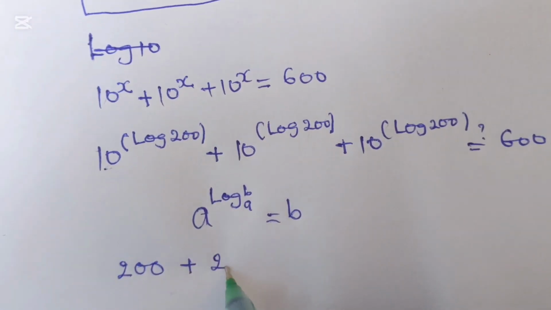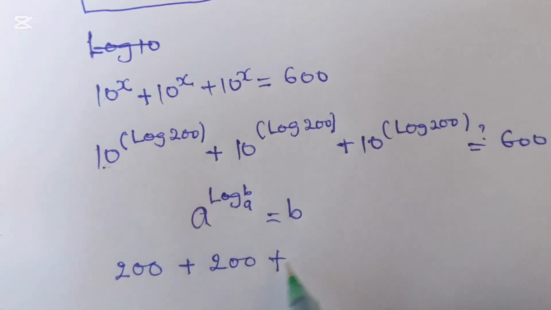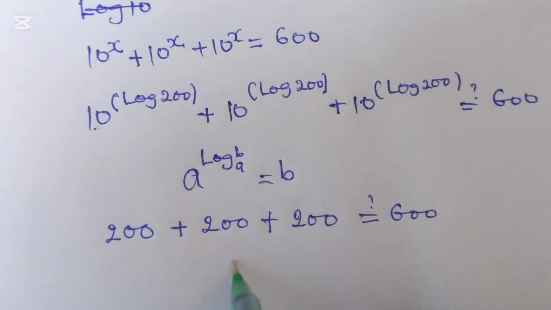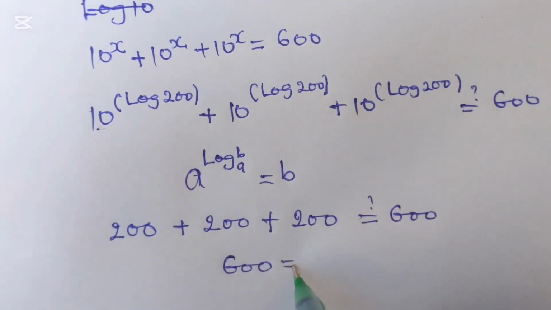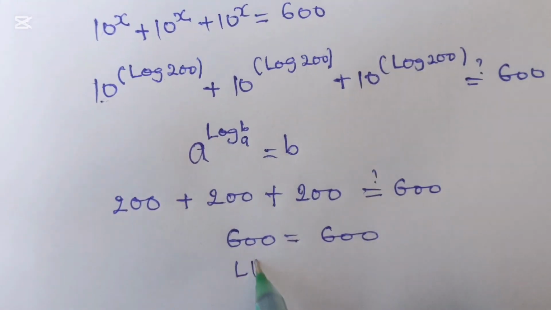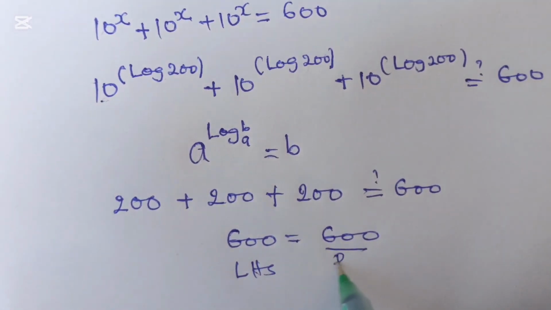plus 200 plus 200 to be equal to 600? Then we have 600 to be equal to 600. Then our left hand side and our right hand side